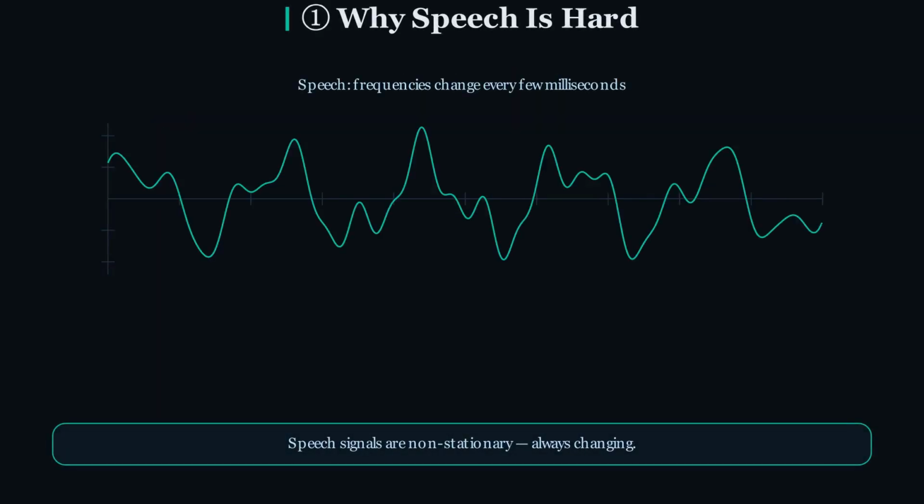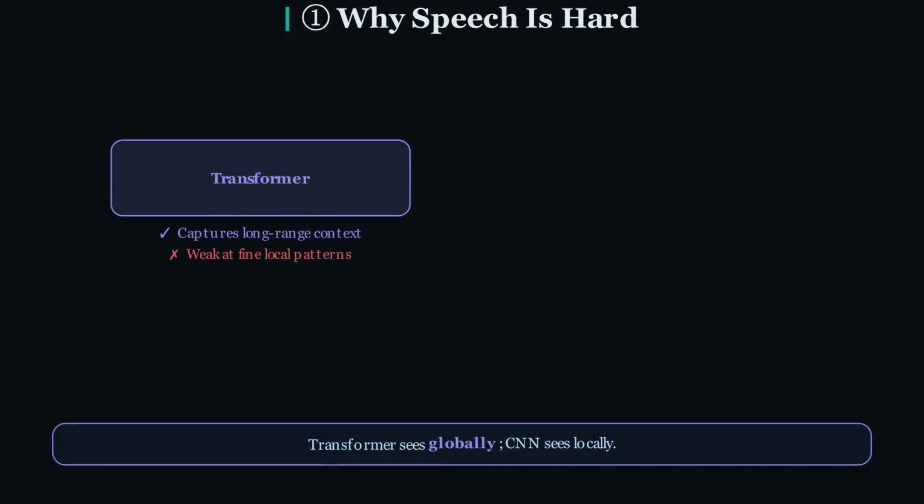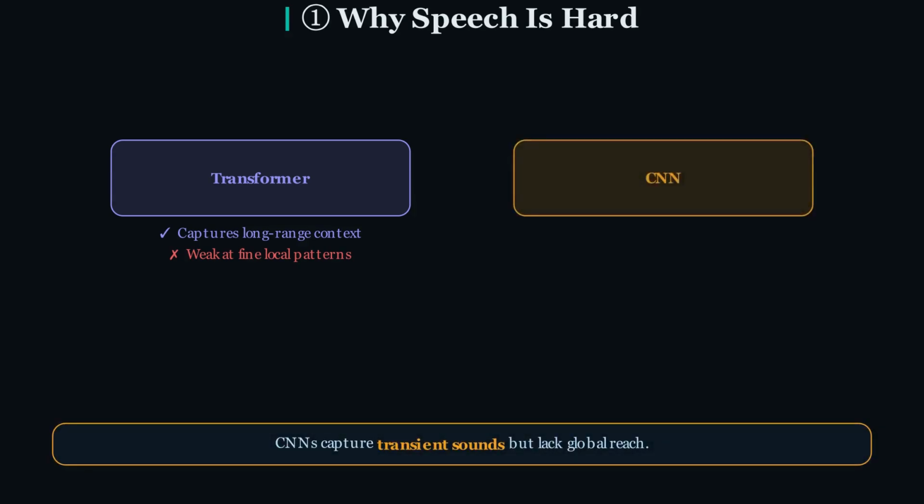Speech is hard to process because the signal is non-stationary. The frequencies and energy patterns shift every few milliseconds as we speak. A transformer is powerful at capturing long-range context. It can relate any 2 frames across a full utterance, but it is relatively weak at extracting fine local acoustic patterns. A CNN is excellent at picking up transient local sounds, pitch bursts, consonant transitions, short acoustic events, but it cannot